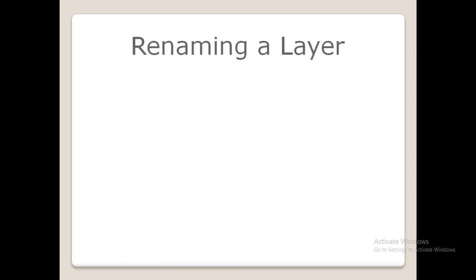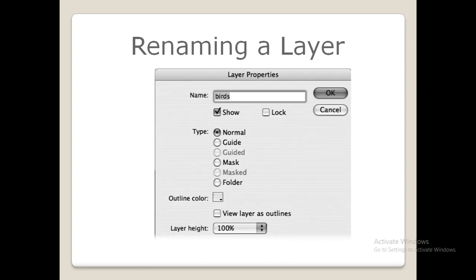Next, coming to renaming a layer. So by default, layers are named layer 1, layer 2 and so on. So it is advisable to give a short and meaningful name to a layer. For this, you have to click on the modify menu, then go to the timeline option, and you can see there is a layer property option present over there.